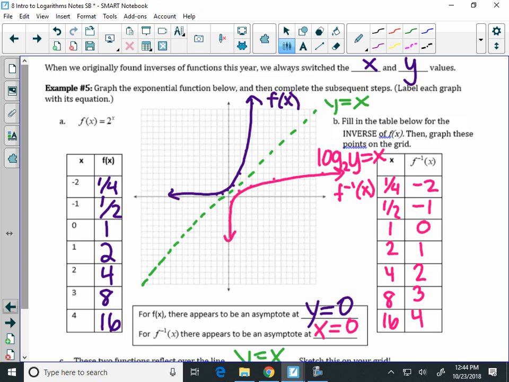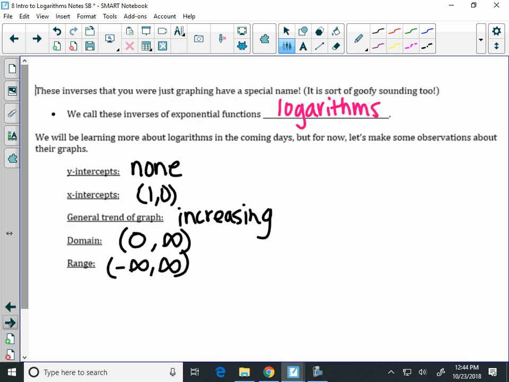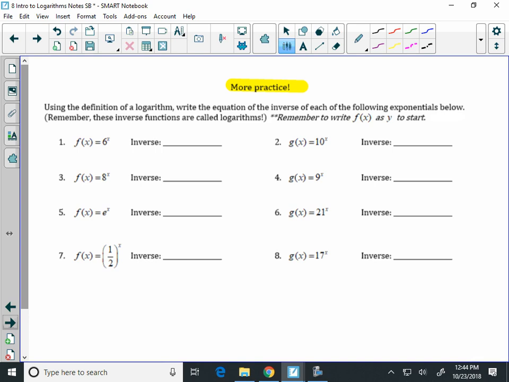So what I need you to finish up with today is, it's the very bottom here, just rewrite some of these as logarithms. For example, if you did number 3, you have f of x equals 8 to the x. You write it as log, what would be the base of number 3? Log base 8 of y equals x. That's what you're going to do for all of them. Change the base. Just get used to writing log with the base. And then I will give you, let's see here,